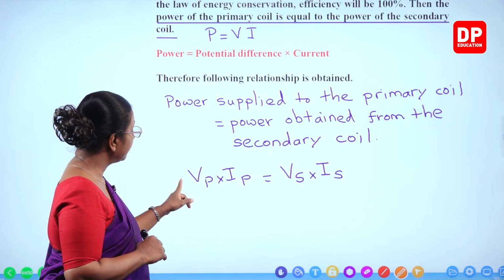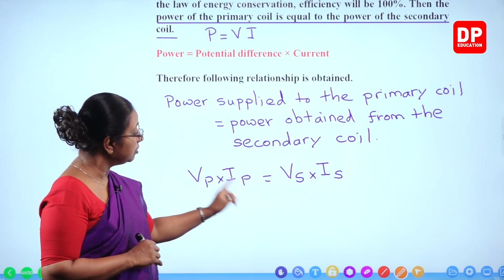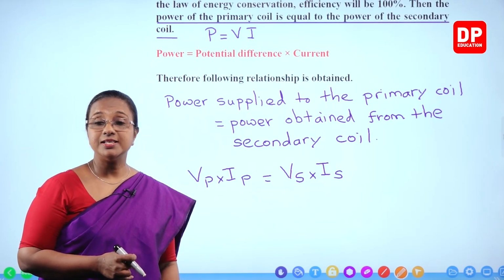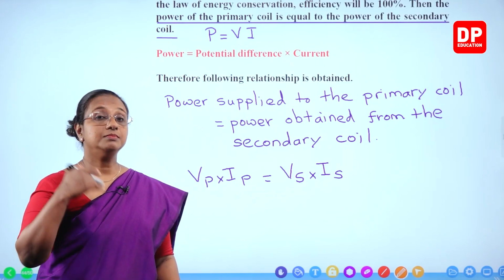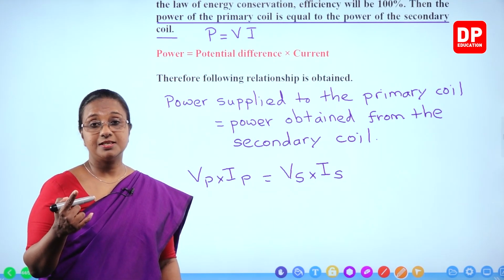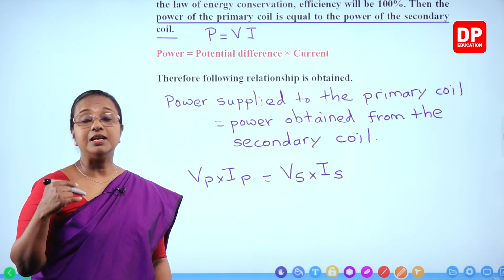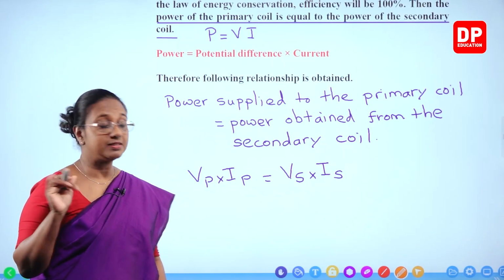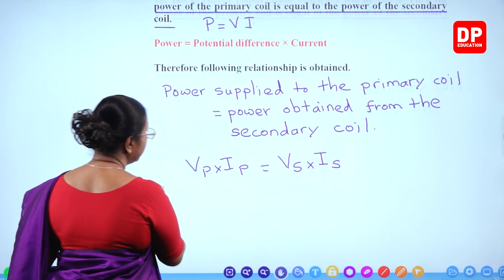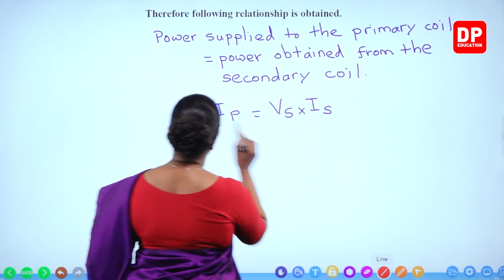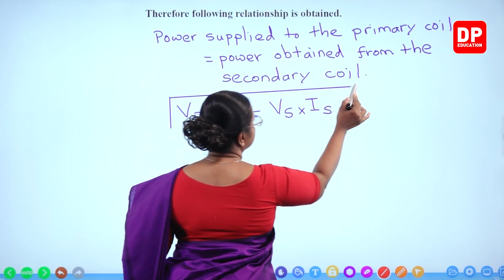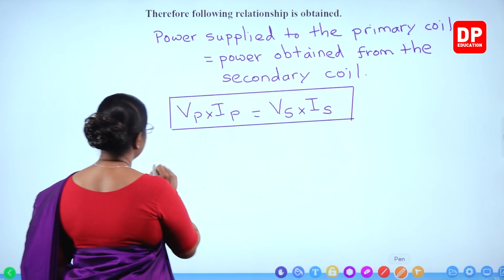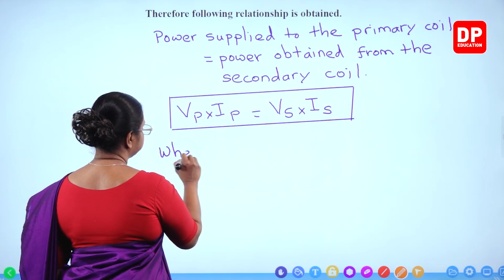But since the equation is V primary into I primary equals V secondary into I secondary, when the voltage increases, the current will decrease because the energy remains the same. So from this equation, you need to understand that when